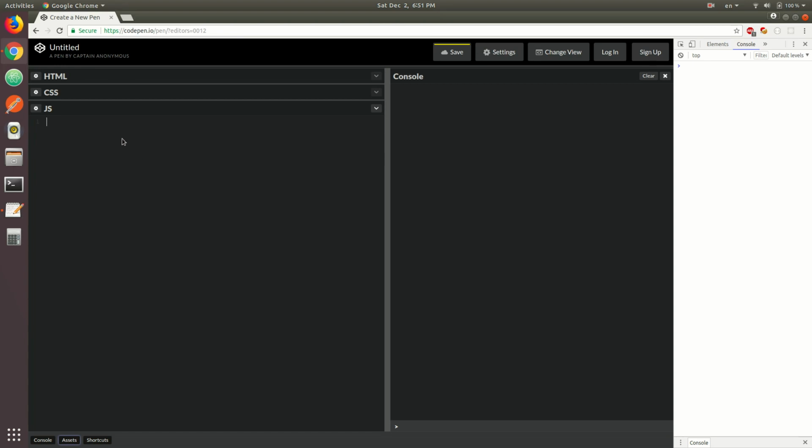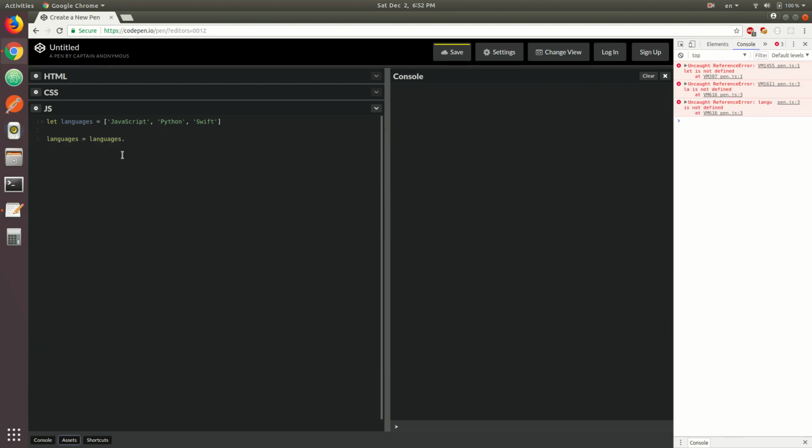So in order to illustrate the concept, let's say we have an array of languages, like programming languages. So we might have JavaScript, let's say Python, and maybe Swift. So what we want to do is loop through all the languages and just return a simple message for each one of them. So what we might want to do is reassign languages to the result of the call to the